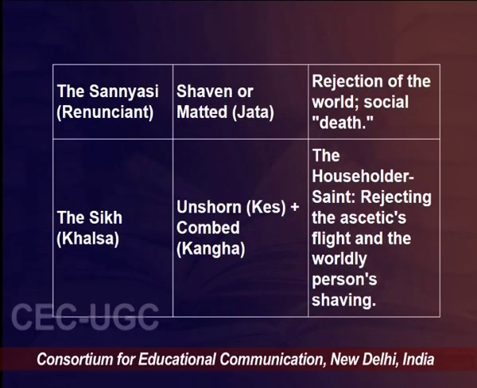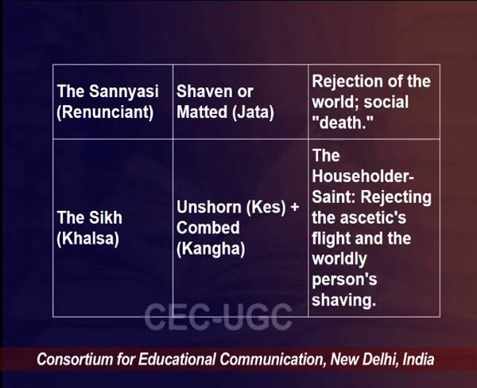The second was the sannyasi or the renouncer, who had shaven or matted jata, and the symbol was rejection of the world, social death. The third was the Sikh or the Khalsa, who had unshorn hair, the kesh, but along with the kesh, they also had a comb. So, it is a combination of the householder and the sannyasi, and rejects the ascetic flight and the worldly person's shaving. So, by looking into the way in which he gives us a structural understanding of the meaning